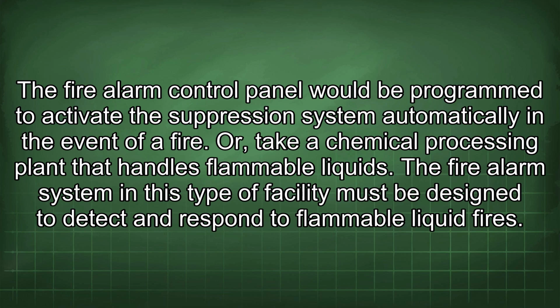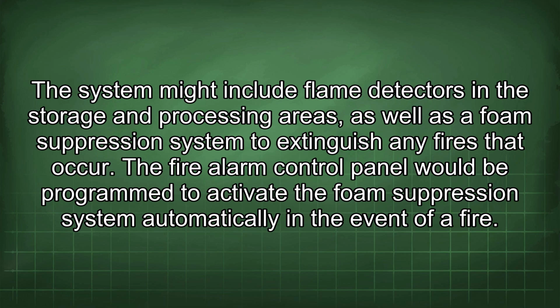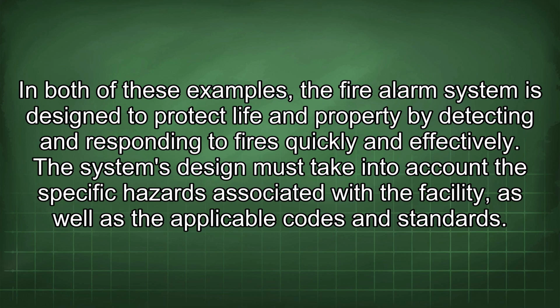Or take a chemical processing plant that handles flammable liquids. The fire alarm system in this type of facility must be designed to detect and respond to flammable liquid fires. The system might include flame detectors in the storage and processing areas, as well as a foam suppression system to extinguish any fires that occur. The fire alarm control panel would be programmed to activate the foam suppression system automatically in the event of a fire. In both of these examples, the fire alarm system is designed to protect life and property by detecting and responding to fires quickly and effectively. The system's design must take into account the specific hazards associated with the facility, as well as the applicable codes